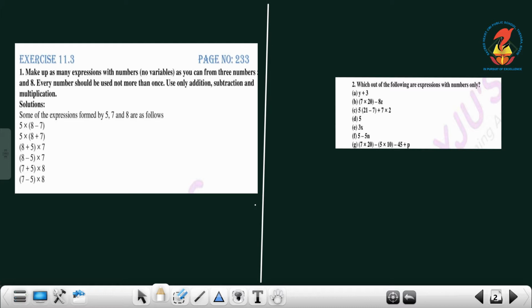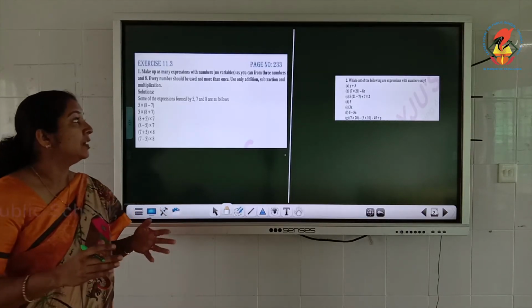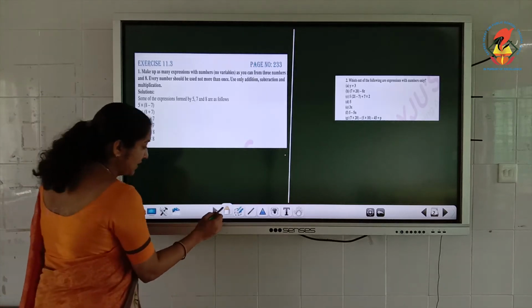Exercise 11.3, first question. Make up as many expressions with numbers, no variables, as you can from three numbers 5, 7 and 8. Every number should be used not more than once. Use only addition, subtraction and multiplication. It is really easy. 5, 7, 8, three numbers are given. So, we have to use operations like addition, subtraction and multiplication in between, which you can write as